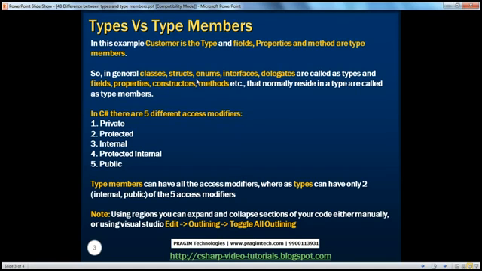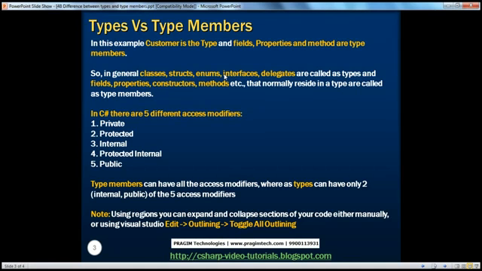And it's very important to understand the slight difference between these two because most of the articles on the internet refer to them without actually telling what they mean by them. Okay, so understand this difference, types and type members. Types means your classes, structures, enums, interface, delegates, whereas type members means fields, properties, constructors, methods that usually reside within